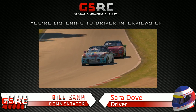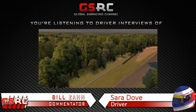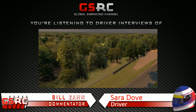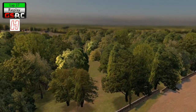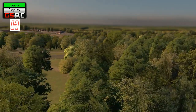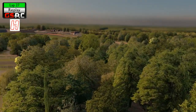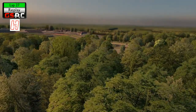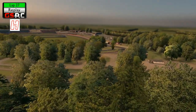Sarah Dove, 19th, what was she today? 19th overall, a good performance, even though she had to take a tow about 4 feet backwards into her stall. Well, firstly, iRacing needs to get mechanics to actually push a vehicle backwards, I think, is one of the things. And the other thing is, the Aston Martin GT1 suddenly just got 12 new members into its community, so that's another thing. So, on this note, I believe that we have just about run our course here on the Global